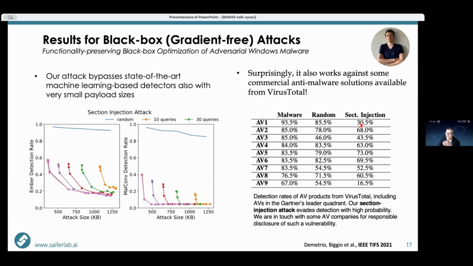And we are just adding content here. We are not obfuscating anything. So the malicious content is still there, probably in the clear to be detected, but it's basically not seen anymore by the detector. And this is, if you want, also proof that these antiviruses are really using machine learning models to do the detection because they turn out to be very sensitive to the attack. So this was a kind of side result that was pretty interesting to us.